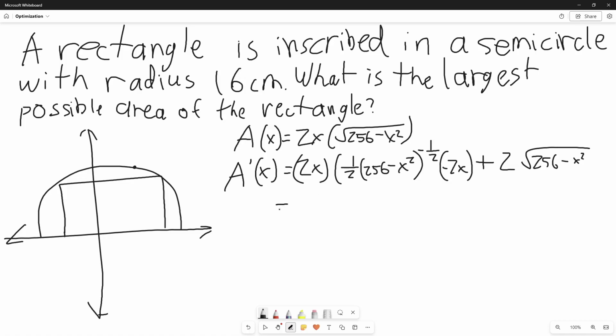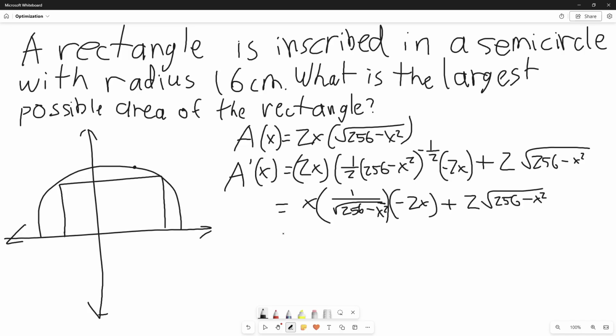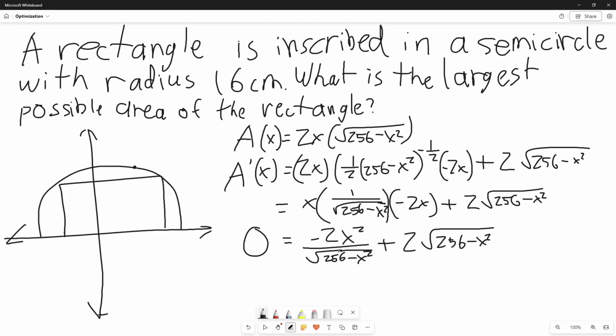We're going to get x times 1 over the square root of 256 minus x squared times negative 2x plus 2 times the square root of 256 minus x squared. And further simplifying this, we get negative 2x squared over the square root of 256 minus x squared plus 2 times the square root of 256 minus x squared. And now, again, to find the maximum, we would set it equal to 0, because this is